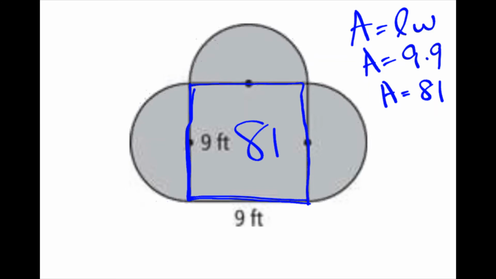Each of those half circles are identical. So I find one of them and I multiply it by 3, and that would tell me all three of them together. So to find one of them, first I have to use the area